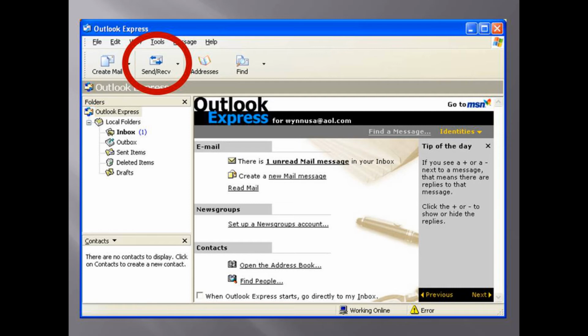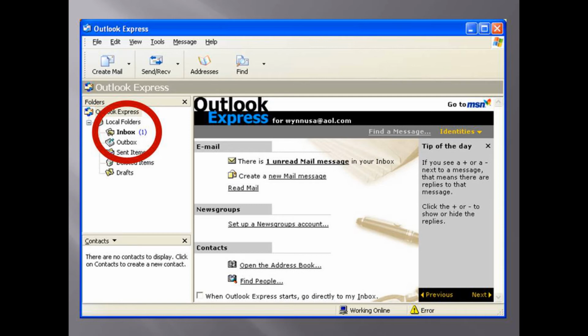At that point, you'll be able to read all of your email at your leisure. Looking at the left side of this window, there is a box there where it shows all your different folders, and there is more than one way to see each individual email that is downloaded from the web. There is here, and there is also one in the center box where it says there is one unread mail message in your inbox. In that underlined portion, if you click on that underlined portion, one unread mail message, then